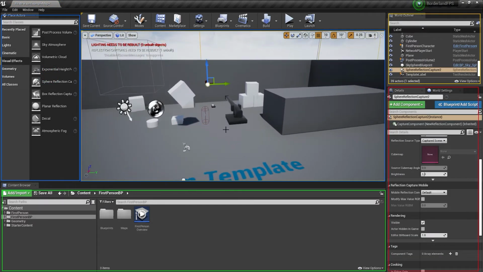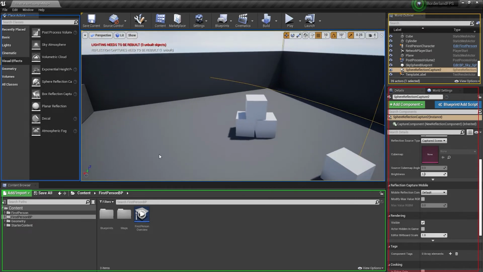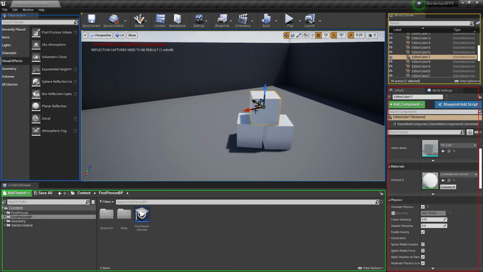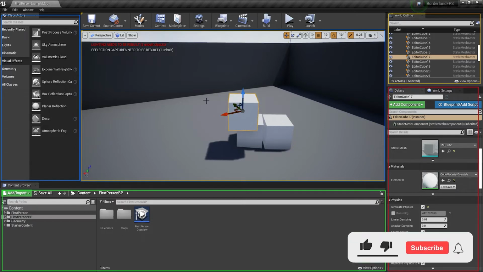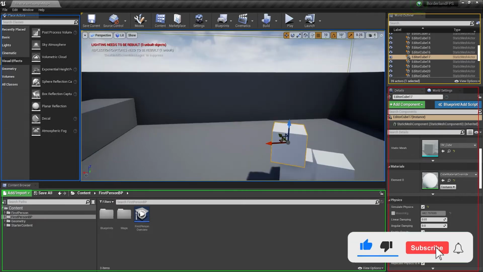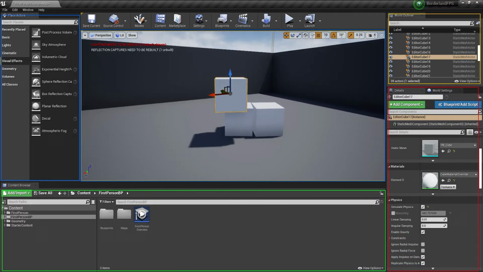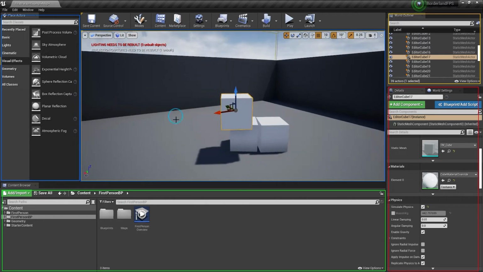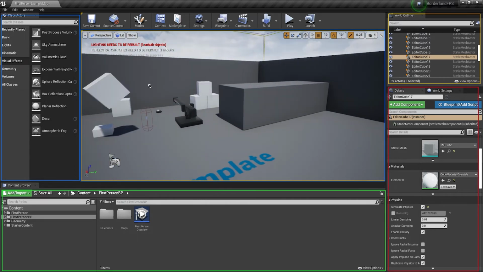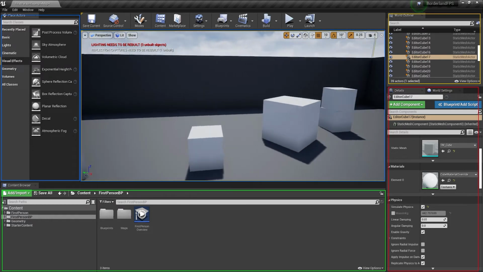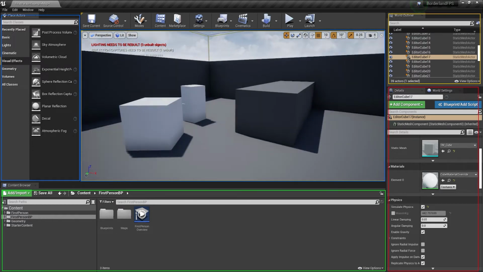Another thing which I want to show you are some options which are very important and which we will use throughout the course. First of all, if you want to orbit around the Unreal Engine viewport, just hold the left mouse key and you can orbit.